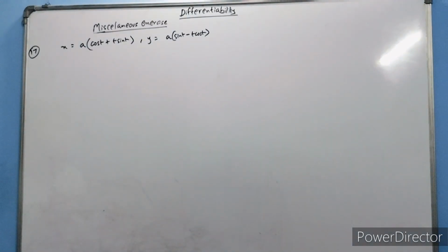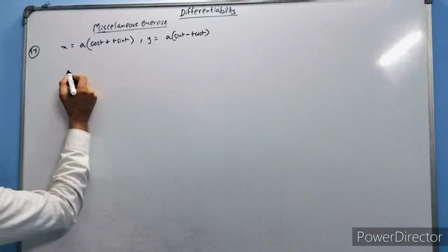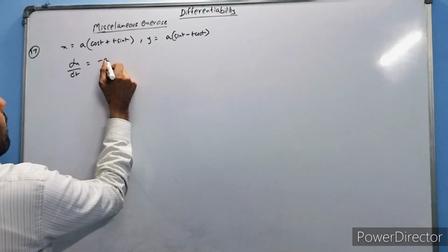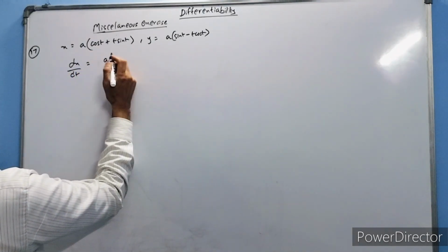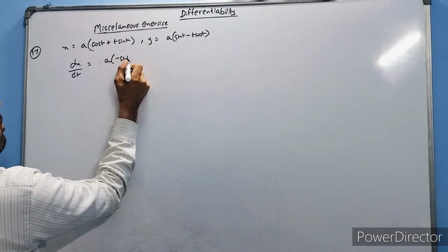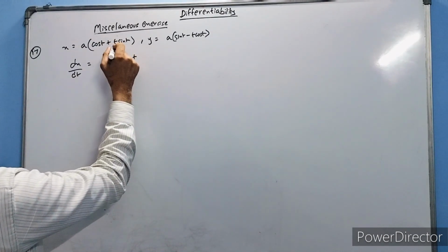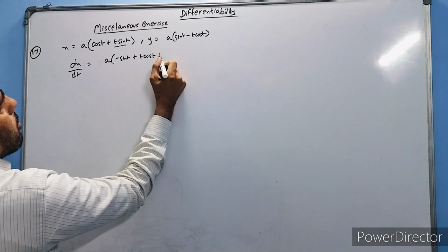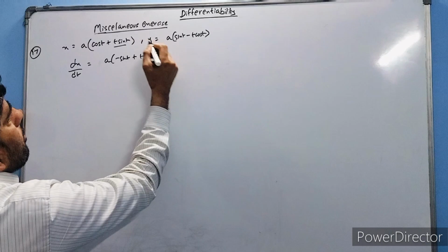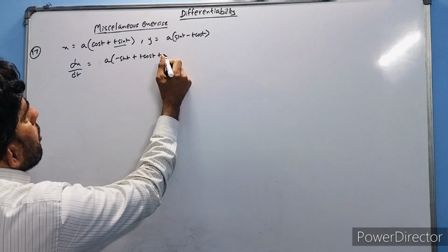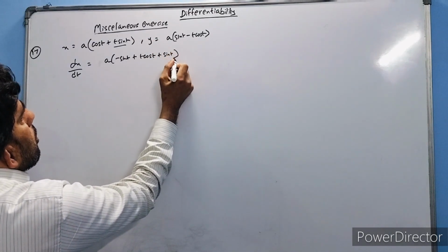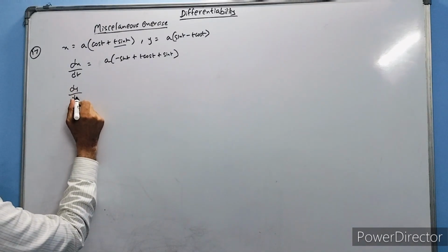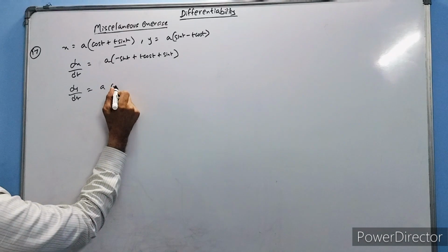The function is given in the parametric form. So let us try to solve. Now dx upon dt will be a times, minus sin t plus, applying the product rule, t into sin t will be t cos t plus the differentiation of t, which is 1. So now we have only a t cos t here. Okay, so now if I try to find dy upon dt, it will be a times cos